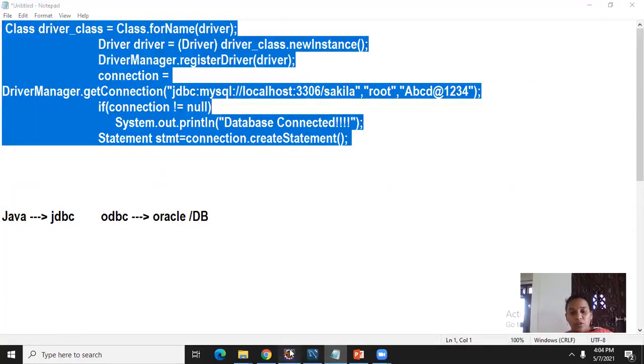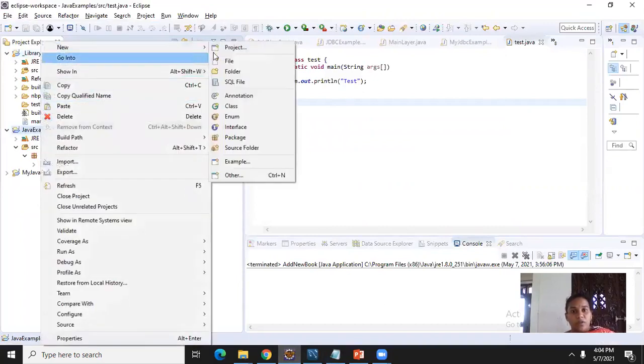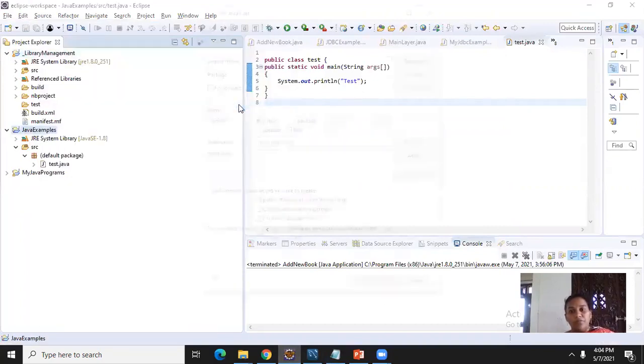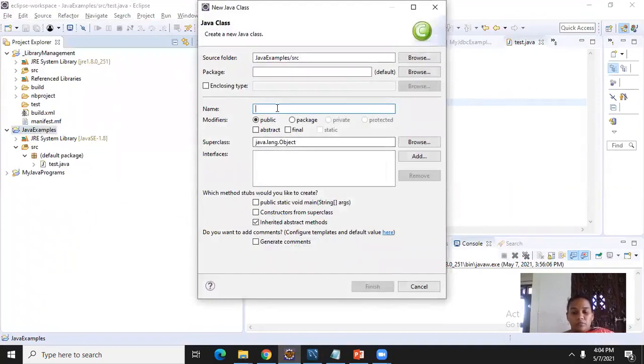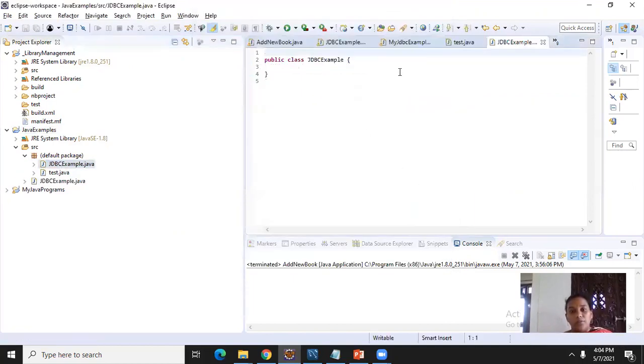Okay, I will write a small JDBC program. I will show you practically. In this class, we will see practically how to connect. So I created a class called JDBC example.